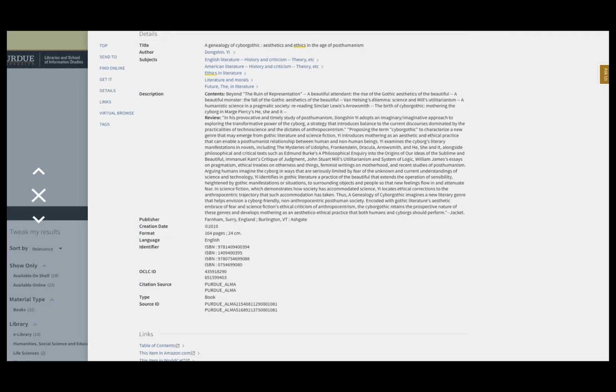Within the library's catalog, you can find physical print materials that are housed in a library on campus, or electronic materials, which you can locate right away from an electronic device. Pay particular attention to the type and format in the catalog record, which will tell you if the item you're interested in is a book with a certain number of pages, or if it's an electronic resource that you can